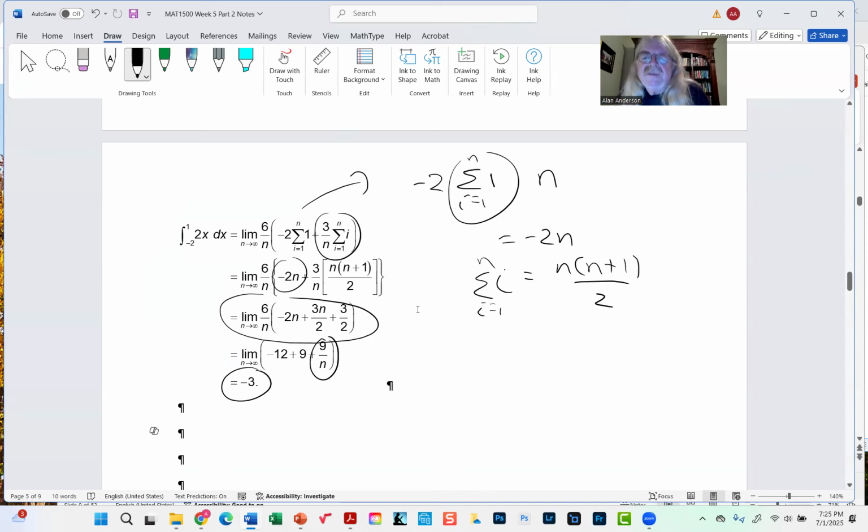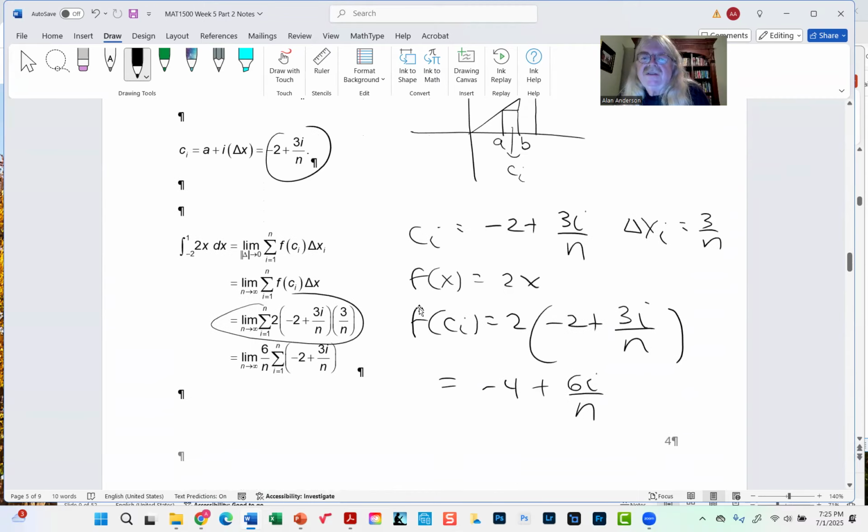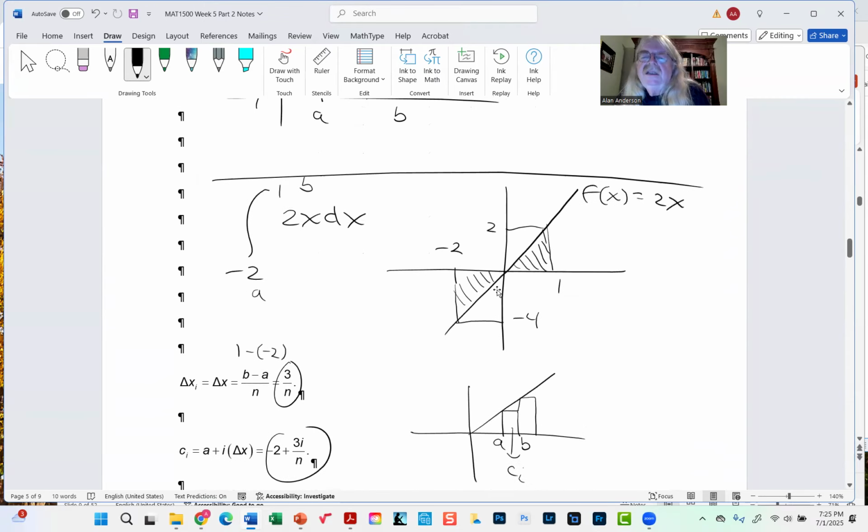Now, here's the strange thing about this. The area is -3. How did that happen? How can an area be negative? Well, because most of this shaded region is underneath the horizontal axis in the third quadrant, where both x and y are negative. So if you were to actually calculate these areas as triangles,